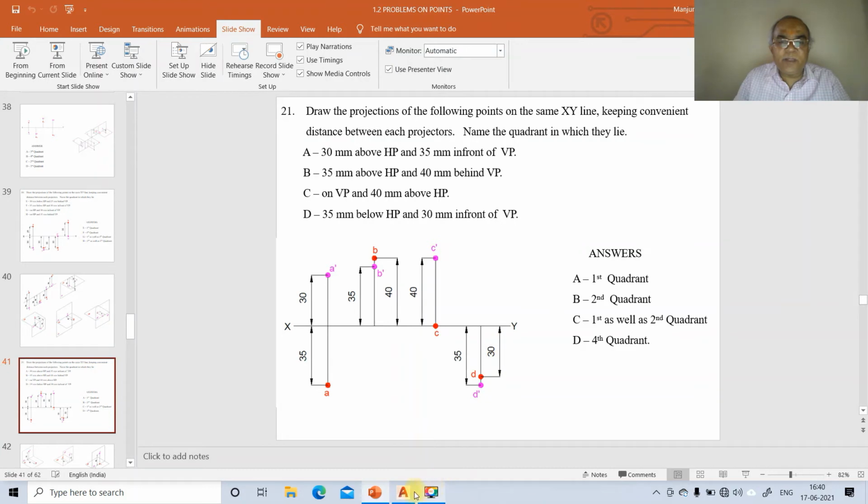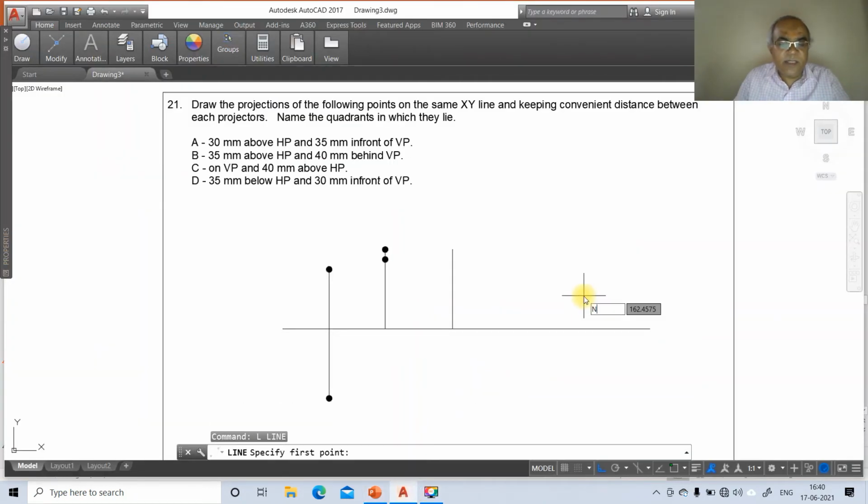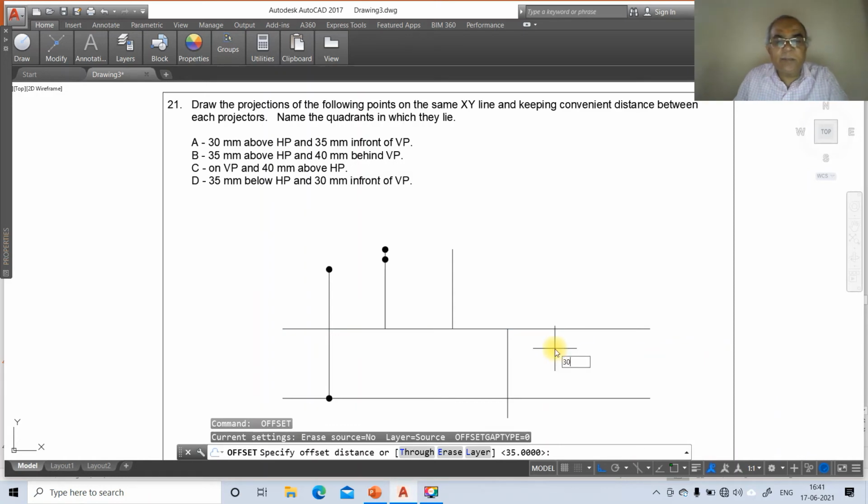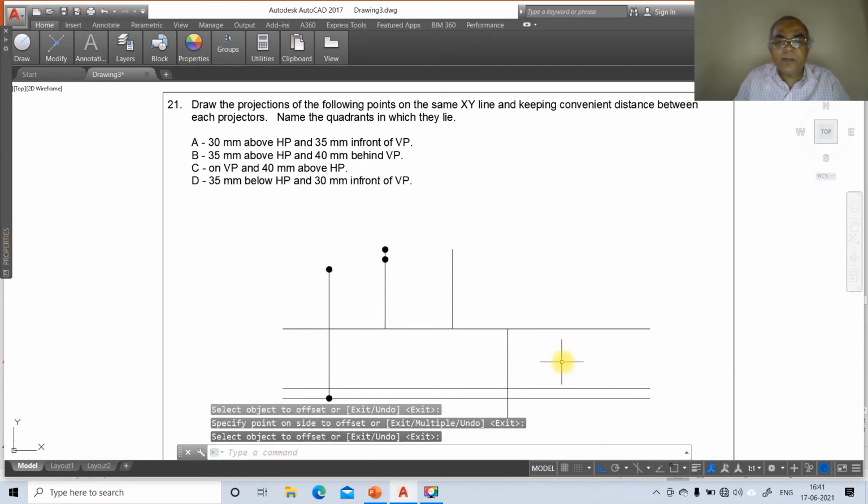Below HP, so go to line, take nearest point. So from here you take down, offset 35 mm below HP, then offset 30 mm here, then go to trim